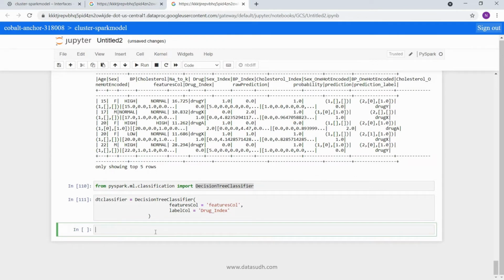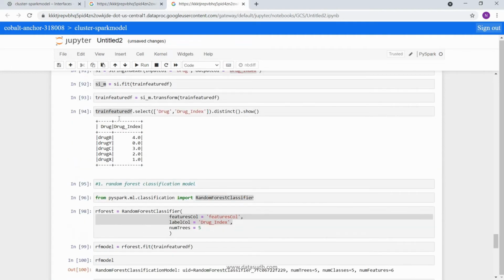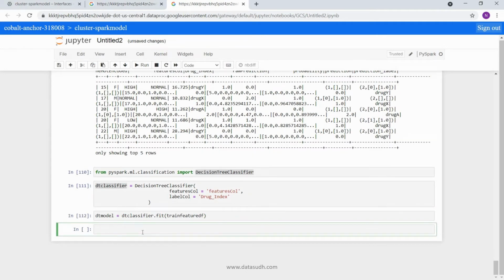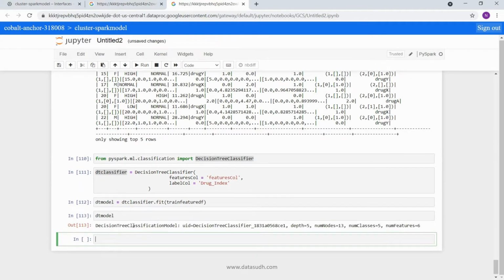Now we are going to fit and transform this. So decision tree model equals, and we are going to fit it on our base data set. So the decision tree classification model is created. Now let's make predictions with this model.